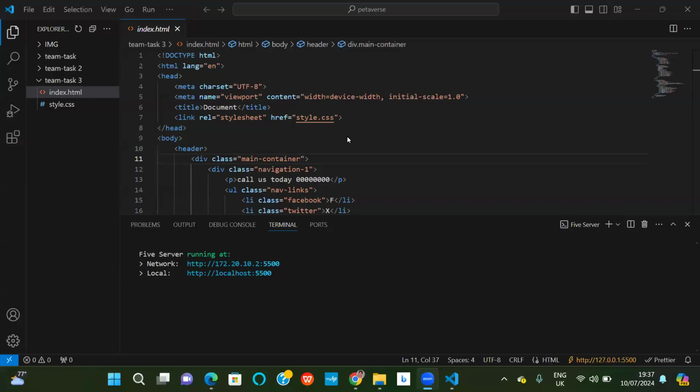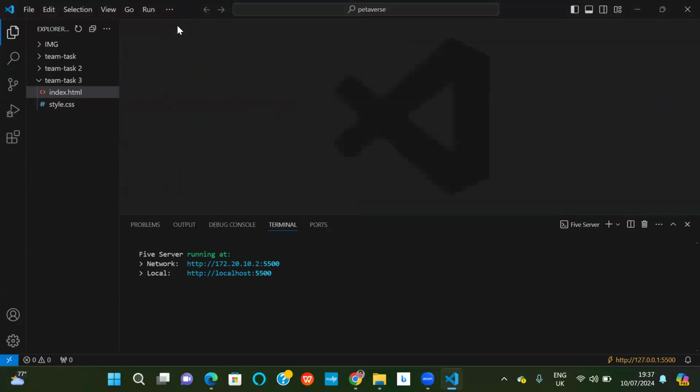So what we want to do now is start from the very beginning. So stop the server you are running now on your VS Code. I should terminate and then, yes, terminate the server. The server is running, so terminate it.